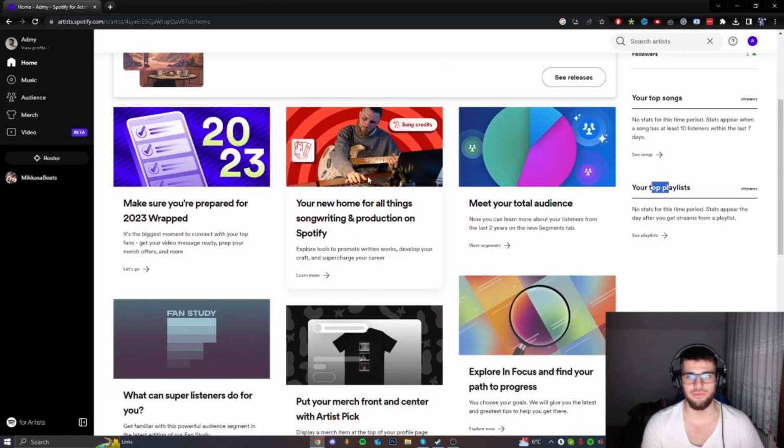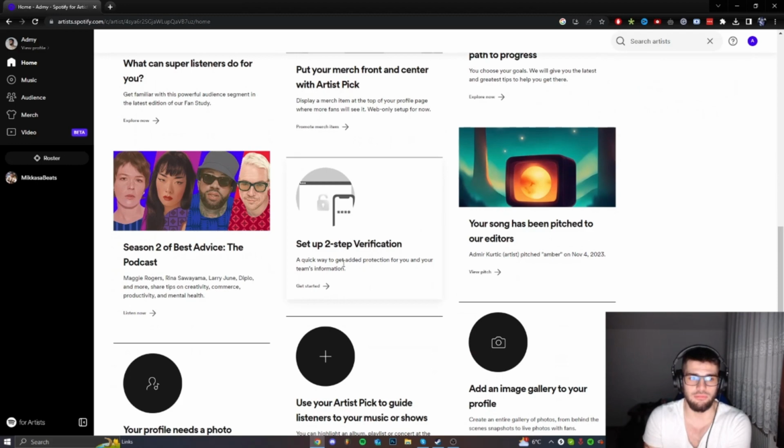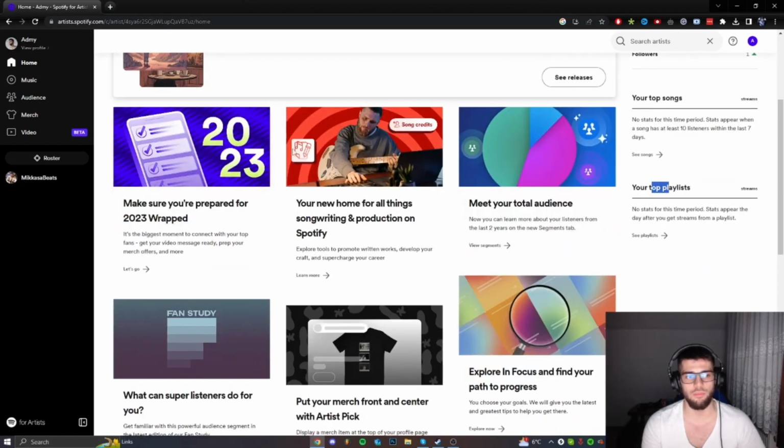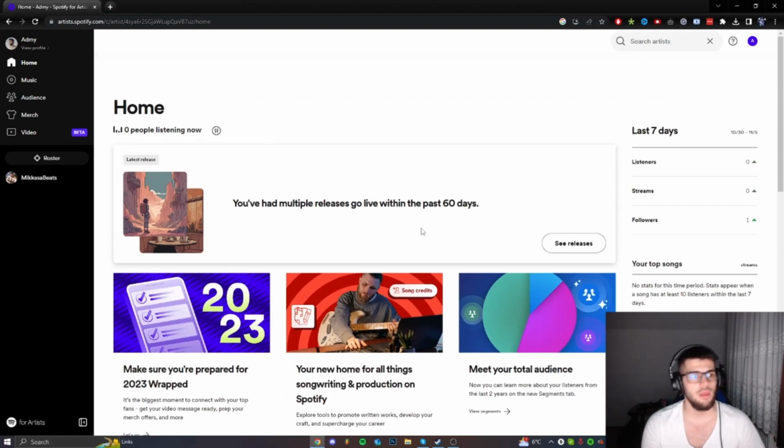These are the features that Spotify usually upload and stuff. You can also select your picture, image gallery and stuff. These are like just some home tab. Now you can just click on